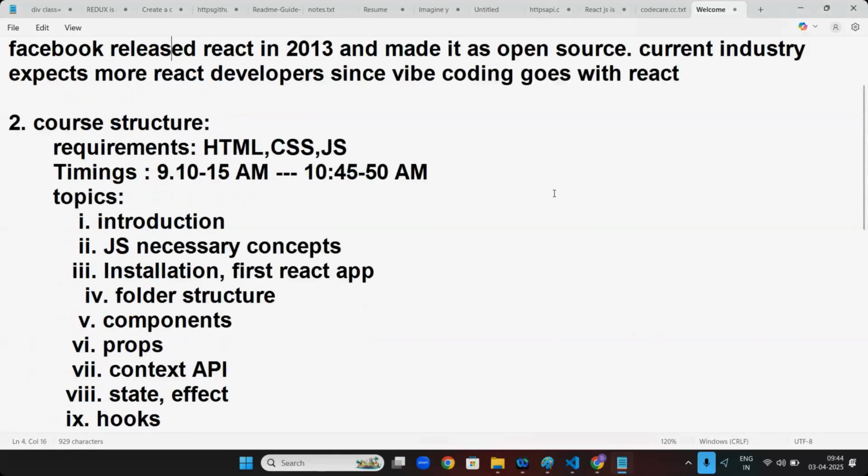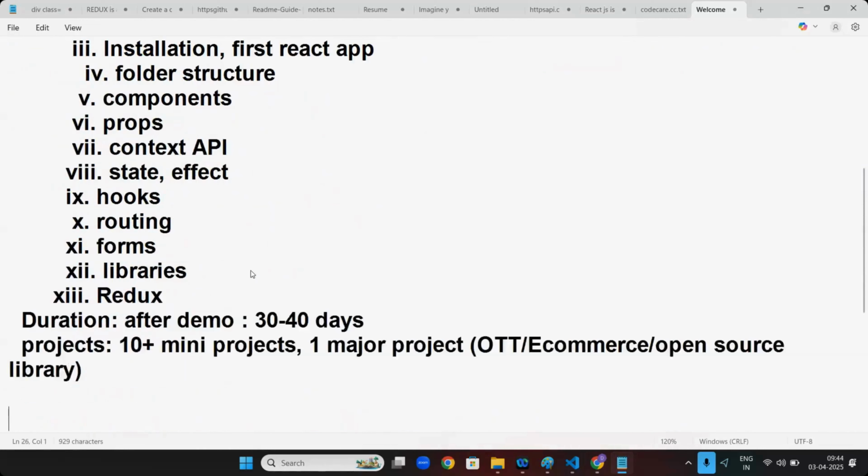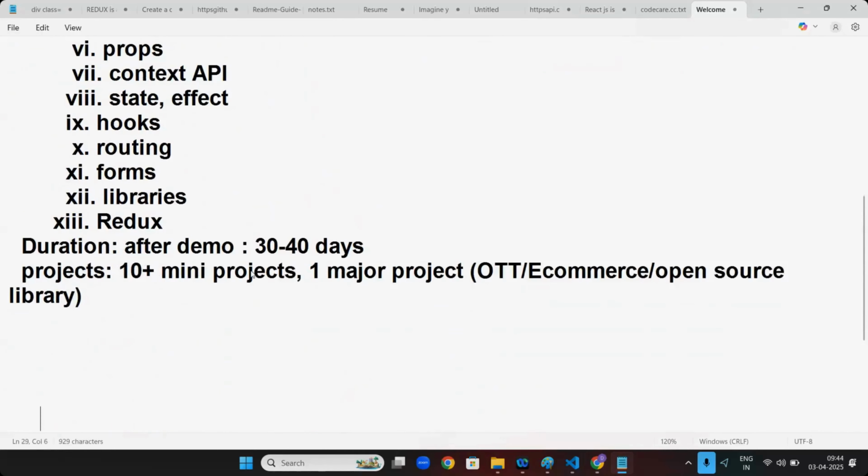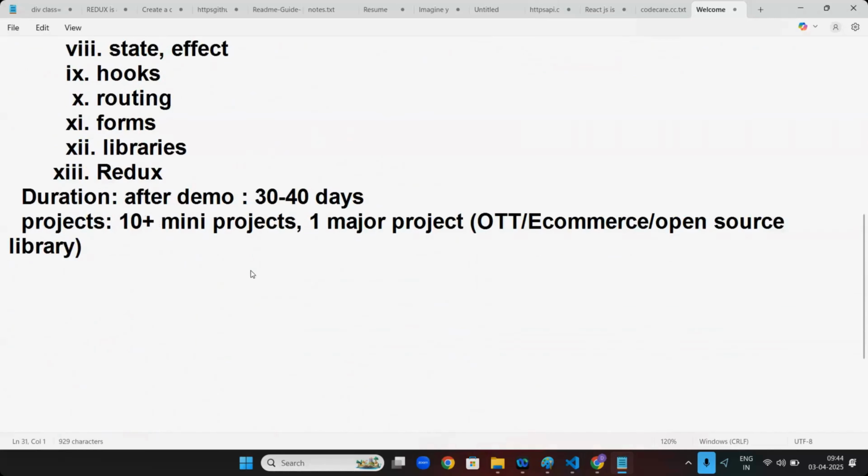So this is our course structure. You need to have knowledge of HTML, CSS, JavaScript. Introduction, JavaScript necessary concepts, installation, first React, folders, components, props, context, state, effect, hooks, routing, forms, libraries, Redux. I will also explain how this frontend is connected to backend.